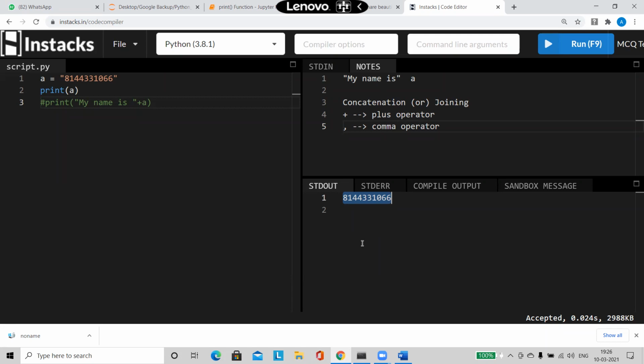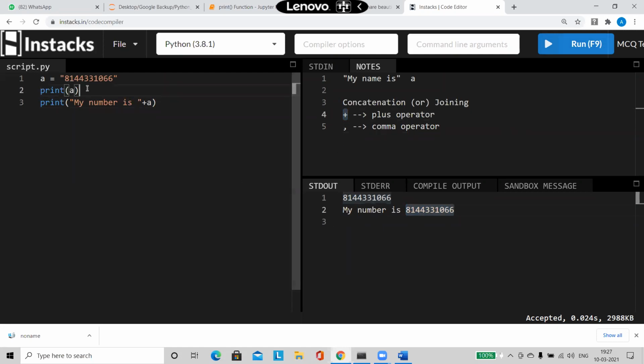So you want to specify, no, this is a mobile number. How to do that? We have to add that message. For that only, we will be using the print statement along with some messages. Here I will say, my number is, or you can reach me at this number, whatever you want. The message is your choice. Here I'm going to say, my number is. This is how we will be making use of the plus operator.